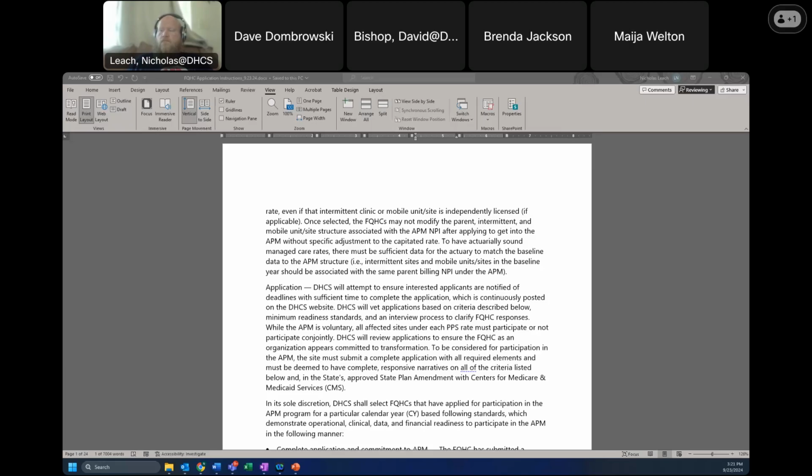We can advise the department within the application, in the scenario you gave where you have two parents and two intermittent clinics, that we're changing from 2 and 2 to 3 and 1, and advise you in the application. But if you don't have the ability to then identify that encounter data and the enrollment data,